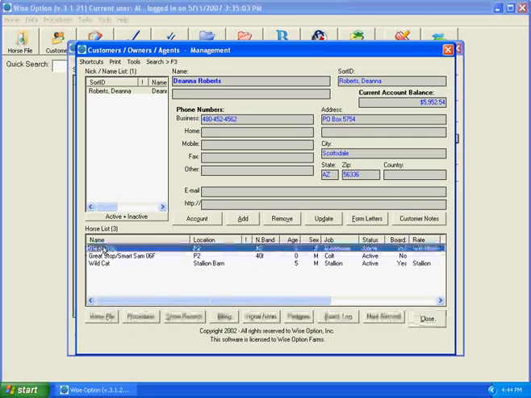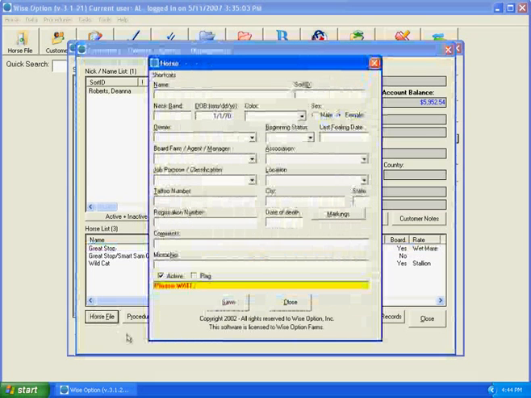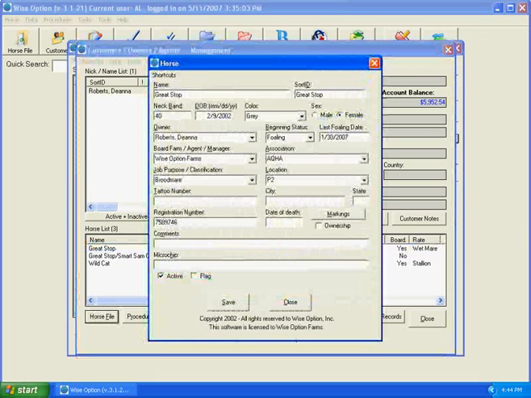When I click on Great Stop's name, all of these buttons along the bottom will light up, indicating I can go to any section of WISE Option that I want. Notice here the mare records. Again, that will only come with your mare management, which comes with your reproduction version, but all of the rest are standard. I can go to the horse file and have a list of all of her important information, such